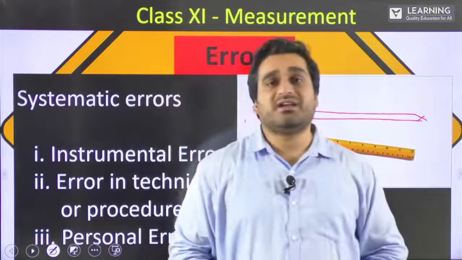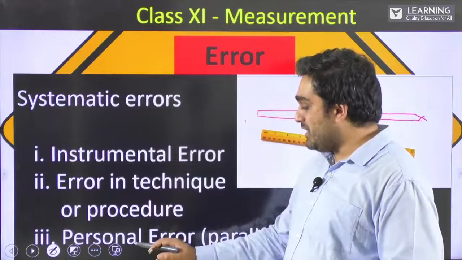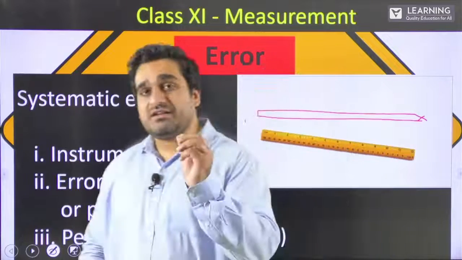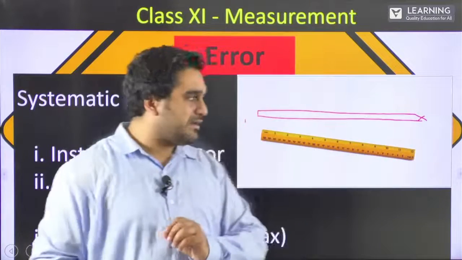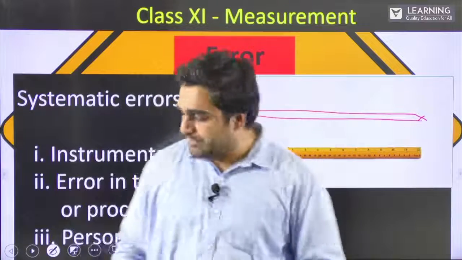There's also a third type of error, the final type of error under systematic, which is a personal error. A personal error, particularly what is called a parallax. So to help you understand this parallax,